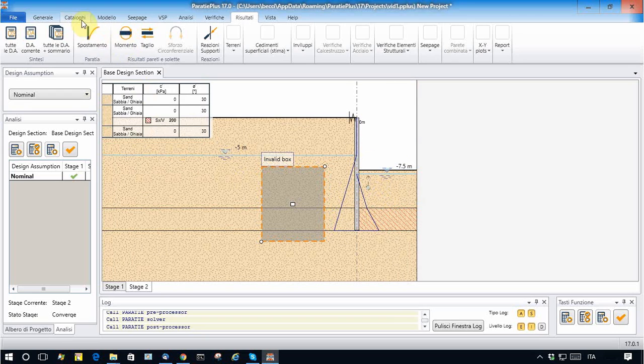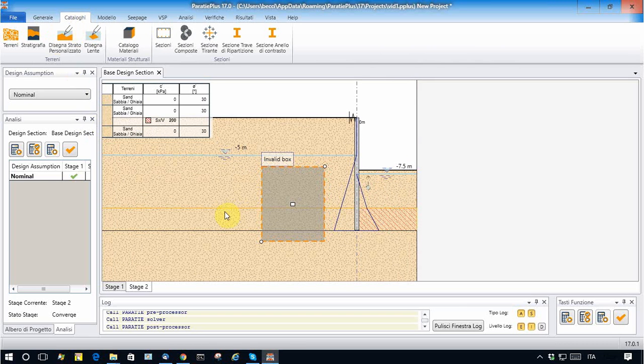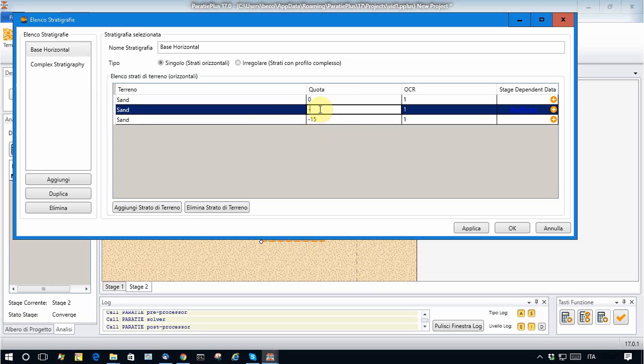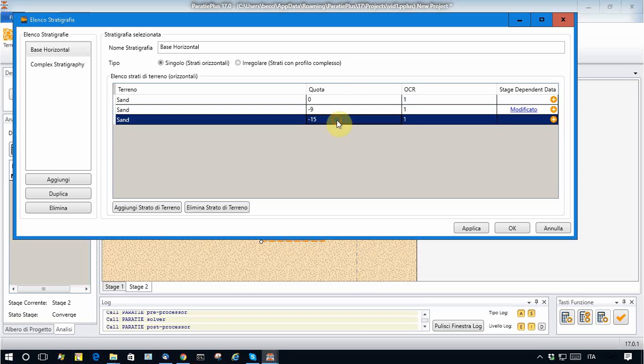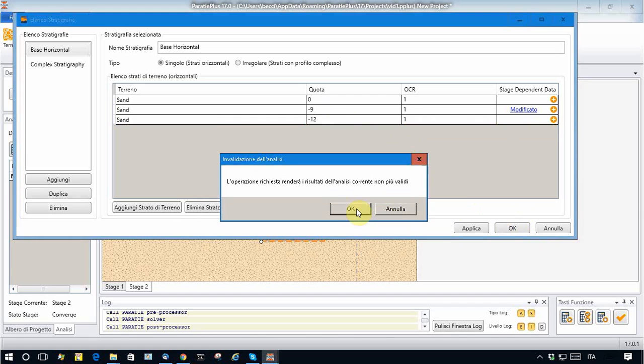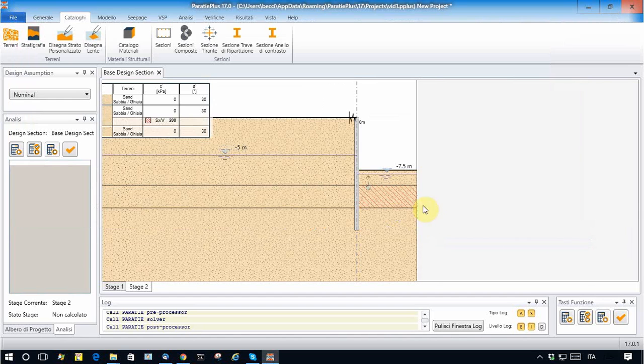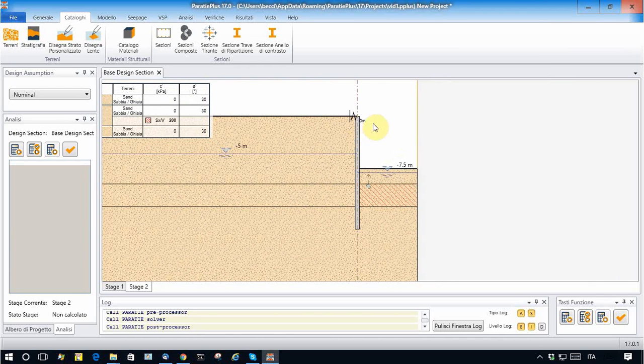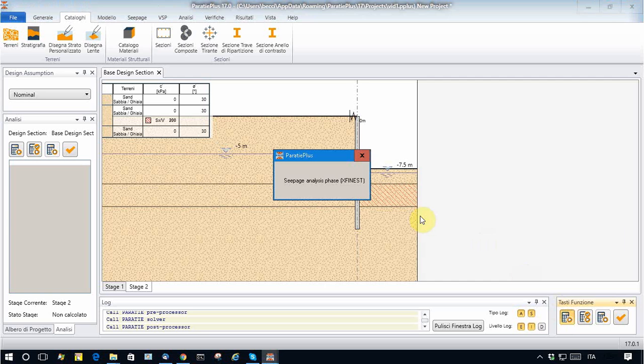To do so we can simply modify the top level of these two layers just to shift up the soil plug. So we go to stratigraphy and apply the soil plug from -9 to -12, 3 meters thick again. Okay. So we see that the modification is like this. So we run the analysis,